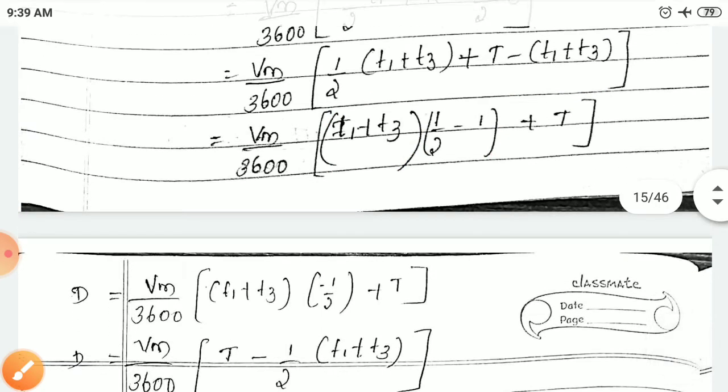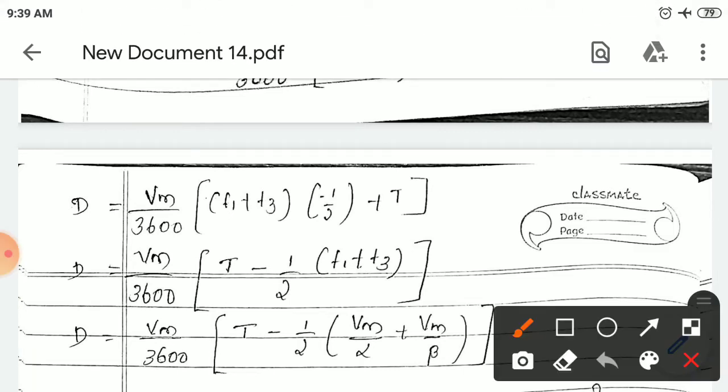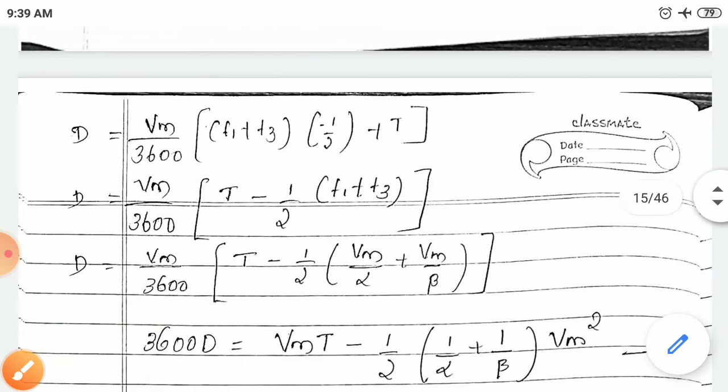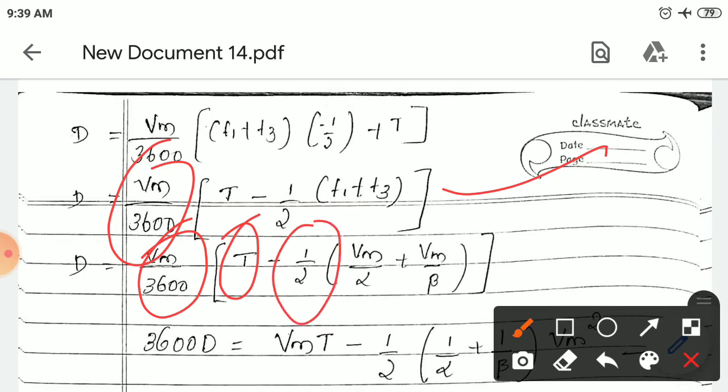Next is D. So D is equal to Vm by 3600 into the bracket of, next step simplification, 1 by 2 minus 1 is minus 1 by 2 plus T. Next step, once again simplification, so T minus 1 by 2 times T1 plus T3. So once again go and simplify it. So Vm by 3600 as it is, and 1 by 2, T1 and T2